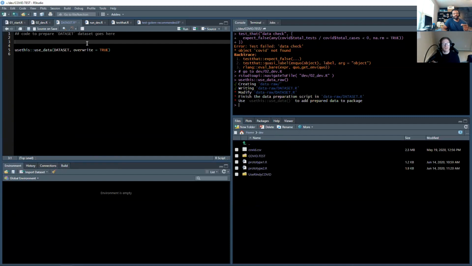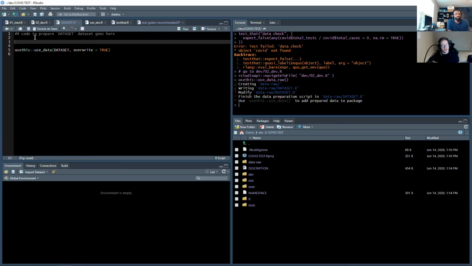Not yet, it hasn't done that yet. So far, all I've done is I've told Golem that I want this package to use raw data from somewhere. So it created this data-raw directory and it created this file here, dataset.R,